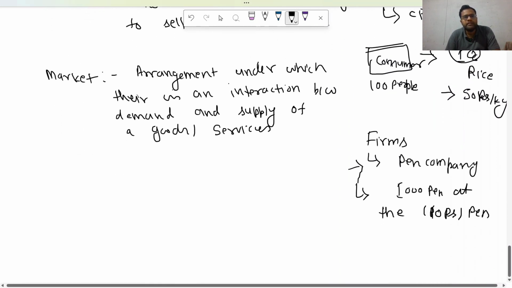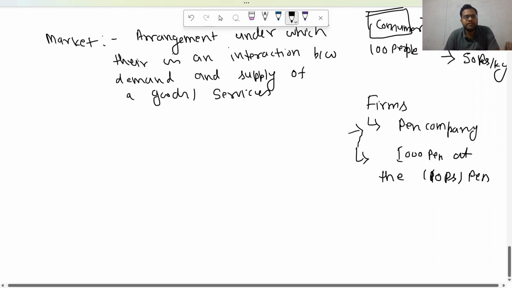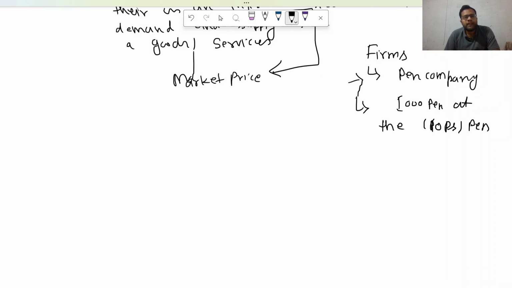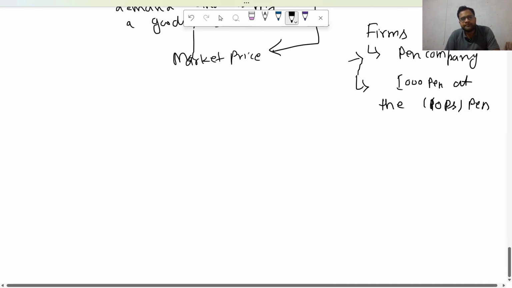Let me give you the definition first. What is the market? Arrangement under which there is an interaction between the demand and supply of a good and service, and this interaction gives rise to the market price. Let me give an example. Like let's say there are 100 people